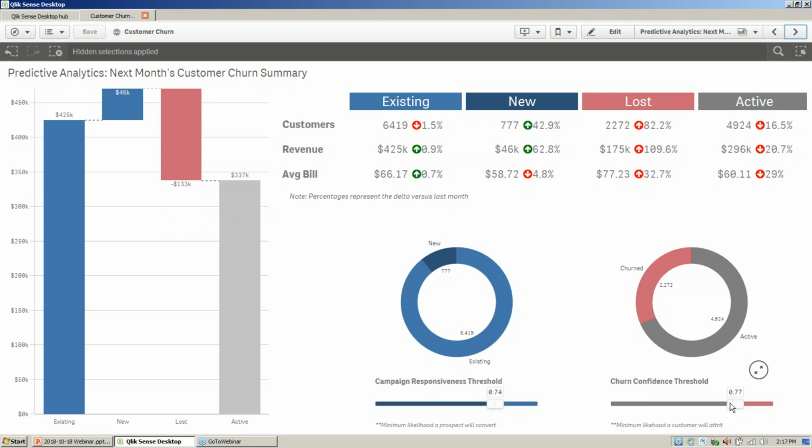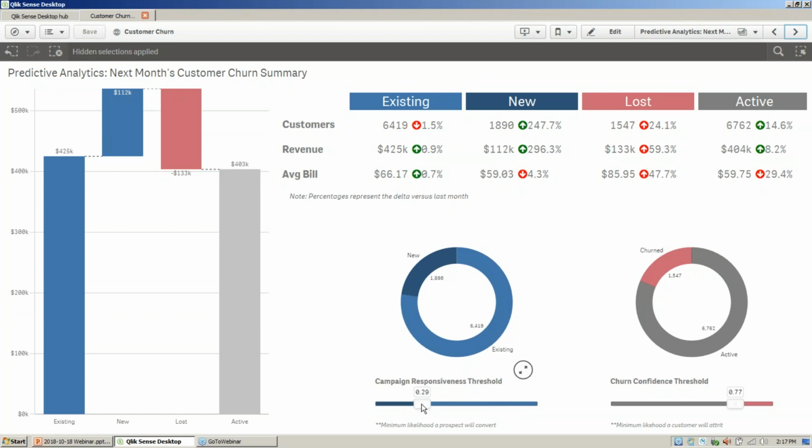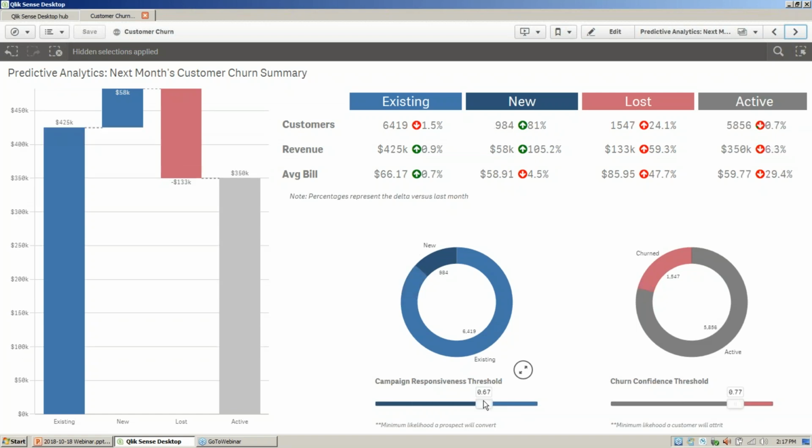Just as a sneak preview, and to drive the point home, we don't have to do this just for customers that are churning. We can actually do it for the opposite customer, the customers that are entering our system. And so when marketing sends out something to somebody, they're going to score a person beforehand based upon their likelihood to respond to this campaign and ultimately become a customer.